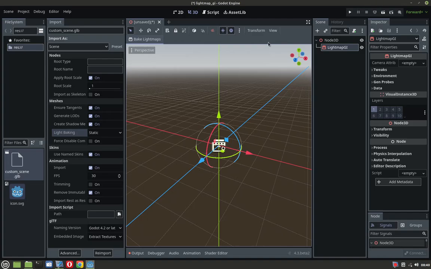Hello guys, so Lightmap GI. Before we start baking the Lightmap, first this is my custom scene here. It is a GLTF file. So you click on the file and in the import tab, make sure you change the light baking into static Lightmap